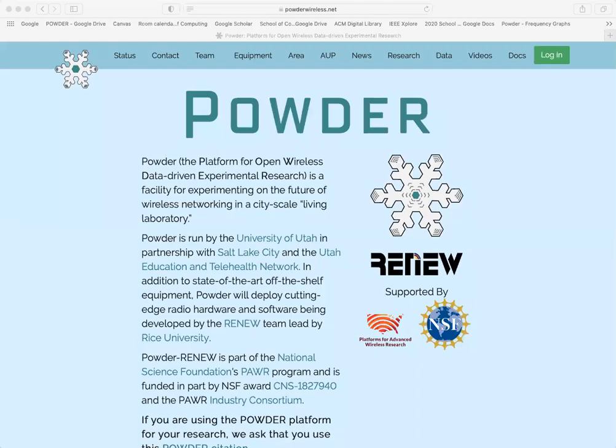Hi, I want to do a quick video today to show you how the Powder resource reservation system can be used as part of the experimental workflow to figure out what resources you want and whether they are available and how to make a reservation for them. So let's log into the portal,